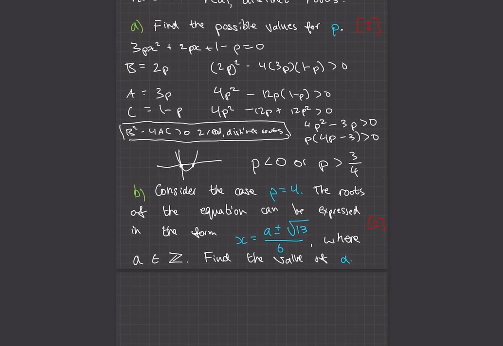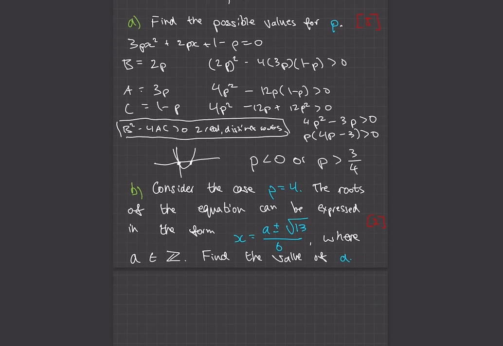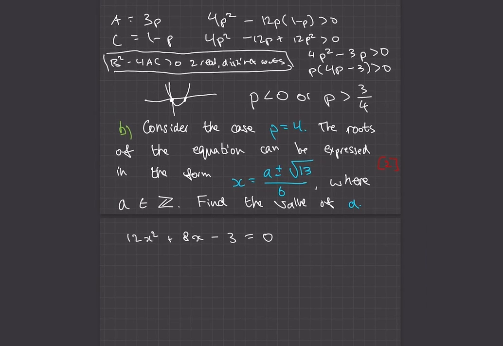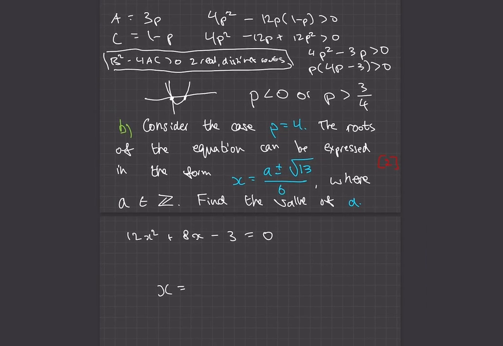So now if we consider the case that p is equal to 4, our quadratic becomes 12x squared plus 8x, and then plus 1 minus 4, which is minus 3, is equal to 0. And then we literally just apply the quadratic formula. x is equal to minus b, so minus 8, plus or minus the square root of 8 squared, so 64, minus 4ac